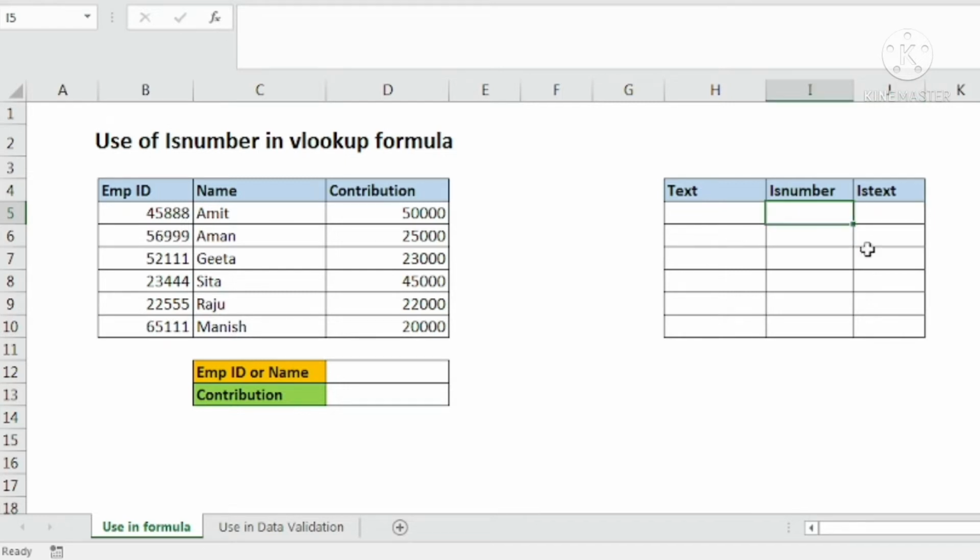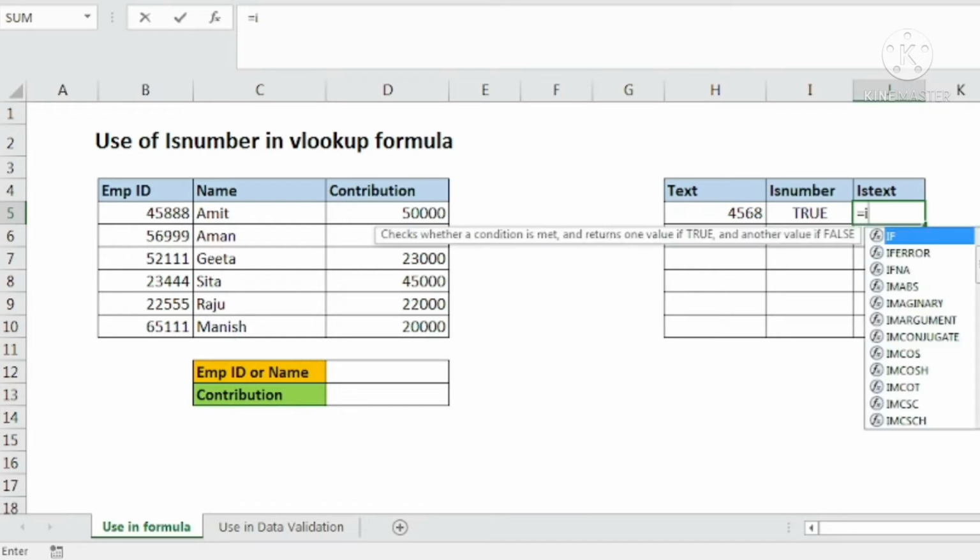So let us put the isNumber formula in this cell. isNumber, tab, this particular cell. That is the only thing we are going to do here. Now it doesn't contain a number, so it is giving us false. If I put any number here, it will give us true. Opposite to that is the isText formula.